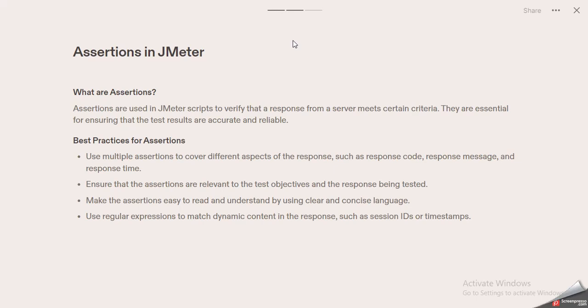Second is we must ensure that the assertions are relevant to the test objectives and the response being tested. So our assertion should be relevant, like it should be matching with our test objectives, whatever our test objective is, according to that we should be using our assertions,